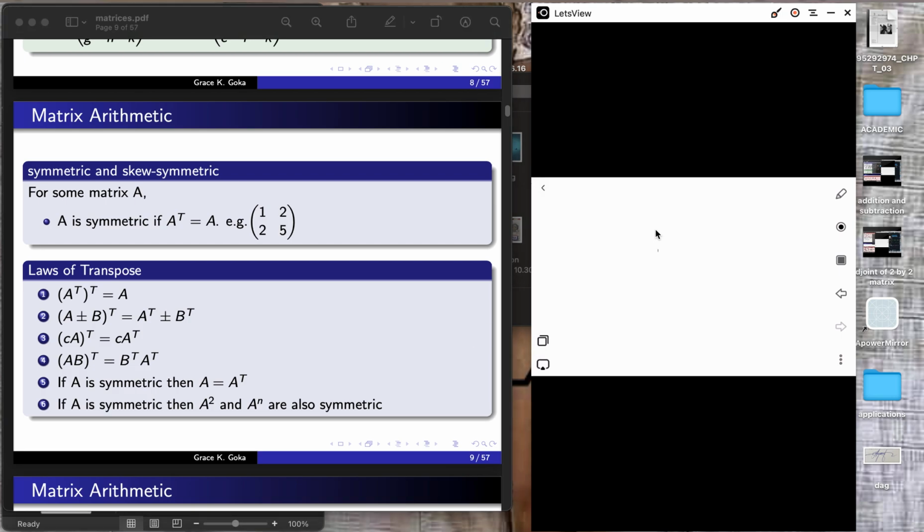Everyone, in this video we're looking at what symmetric matrices are. Symmetric, antisymmetric, and skew-symmetric. Before we can determine whether a matrix is symmetric, antisymmetric, or skew-symmetric, we need to know